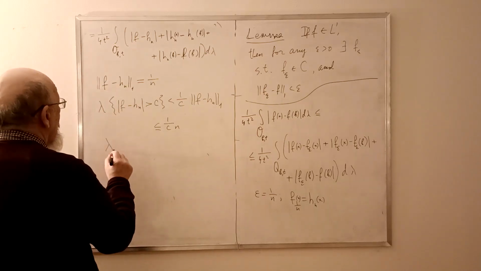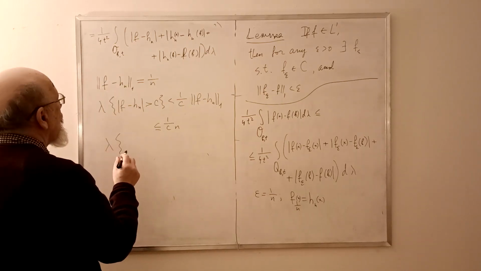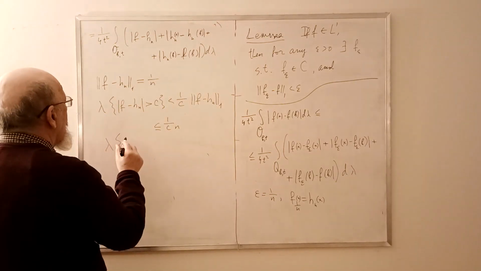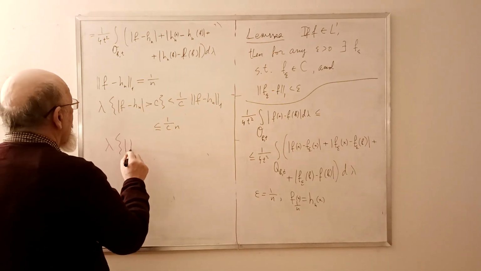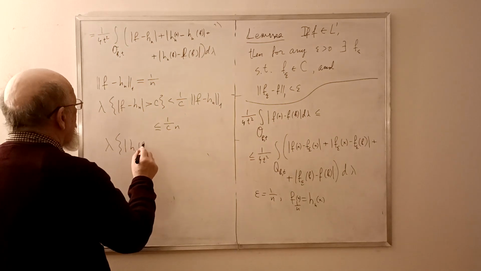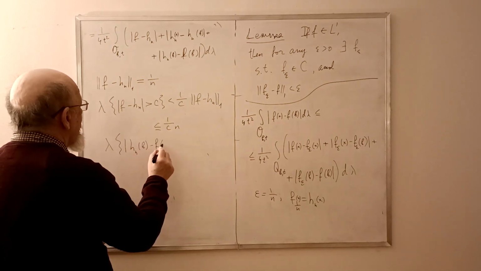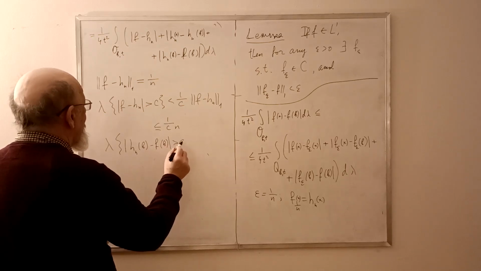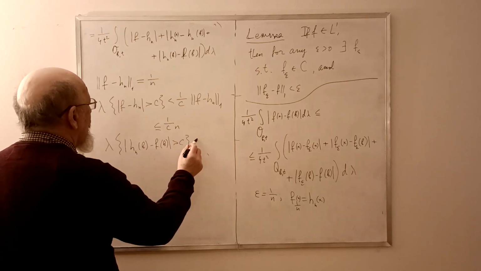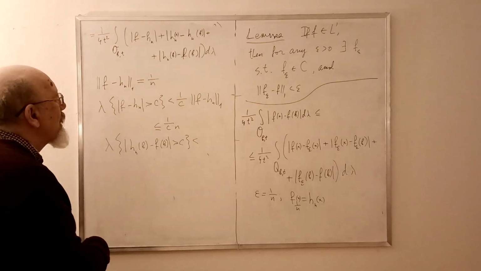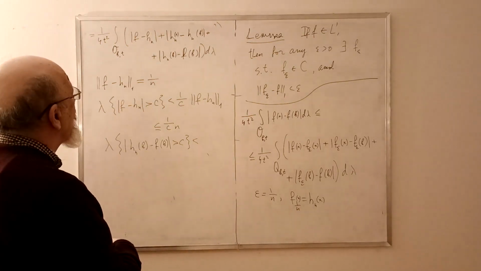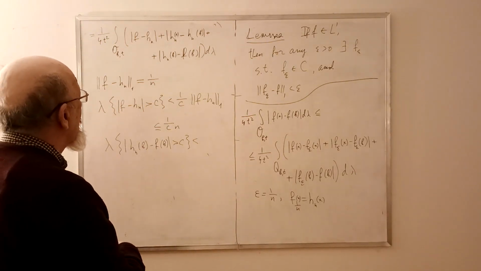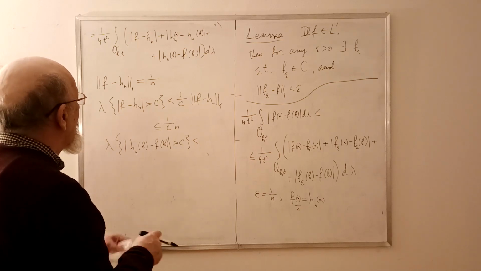So lambda of the set where hn of b minus f of b is more than c is less, by the Chebyshev inequality,